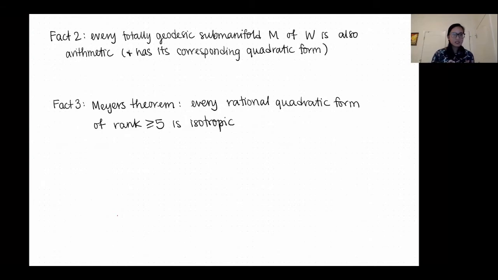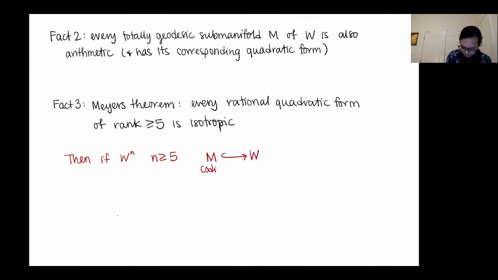Meyer's theorem tells us that every rational quadratic form of rank at least 5 is isotropic. So what does that mean for us in our case? Let's say here, if W is such that the dimension of W is at least 5, and you have M embedding into W, which is codimension 1, then what we know is that M is a totally geodesic submanifold, and it's also arithmetic because of fact 2, and it's going to have some quadratic form. So it has its corresponding quadratic form F, which is going to have signature